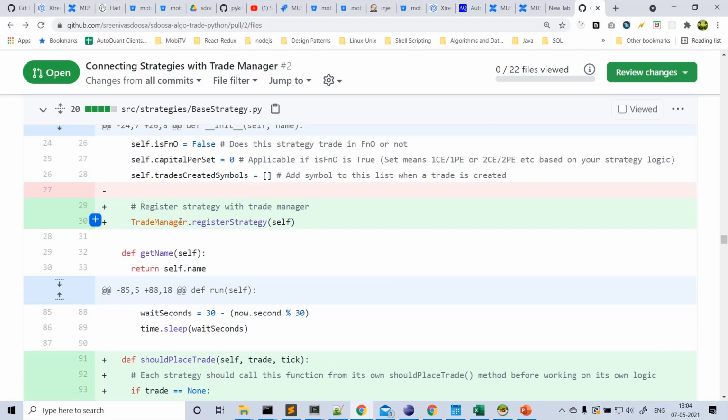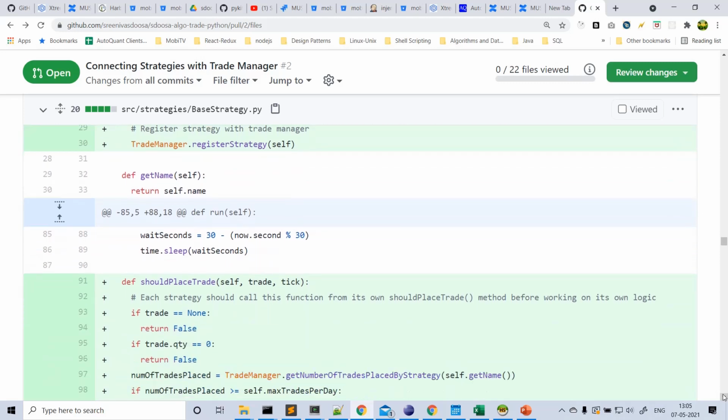Call the trade manager class and call that register strategy function and pass this current object, this reference, to the trade manager. What the trade manager will do is keep a mapping in its cache, the map between the strategy name and the instance object, so that whenever it is required, the trade manager will call the strategy on some specific operation. Let's say I told you should place trade or not. So the trade manager can ask the strategy. Only if the trade manager knows the instance of the strategy can it actually ask that particular strategy for any operation. Correct. So for that matter, we need to register the strategy to the trade manager. I'll show the code of trade manager.